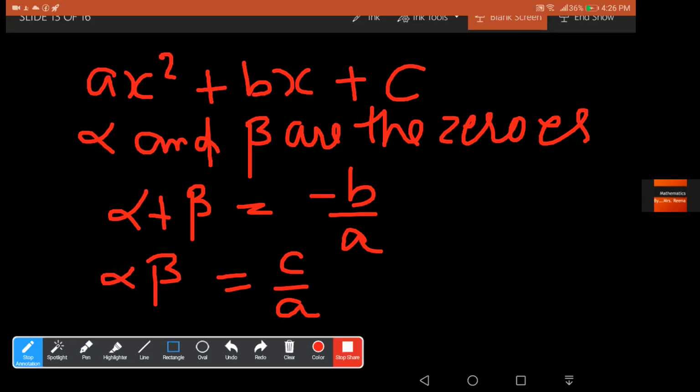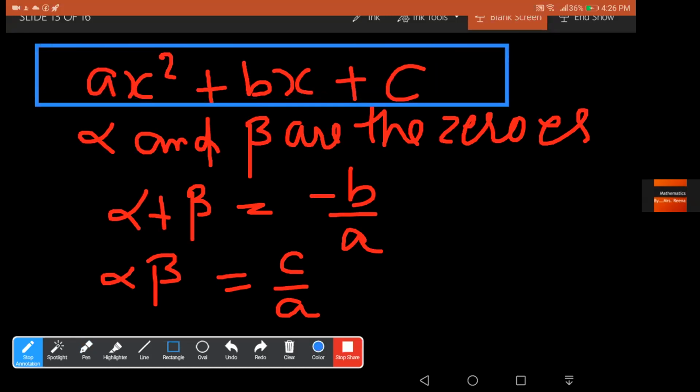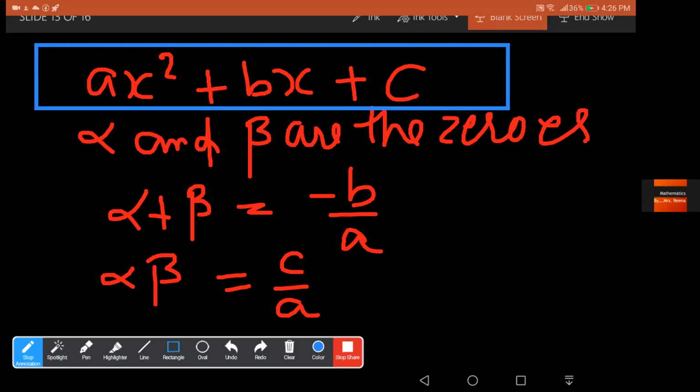बहुत important है बेटा. Quadratic polynomial के लिए this is a quadratic polynomial you have, और ये इसकी standard form है ax square plus bx plus c. What is a here? a क्या है? a is the coefficient of x square, b is the coefficient of x, and c is the constant. So you have to remember this thing. Sum of zeros will be minus b upon a, and product of zeros will be c upon a.